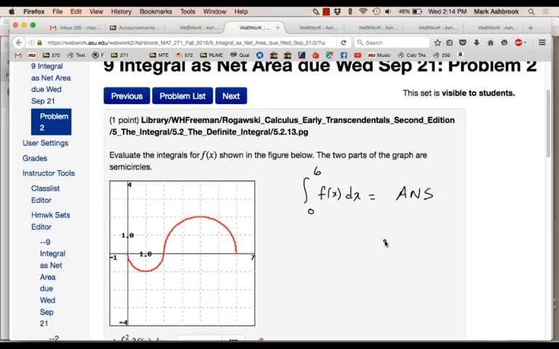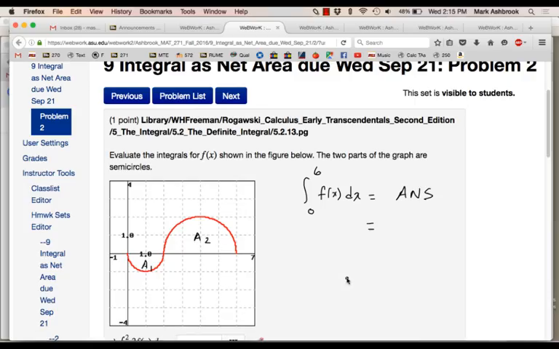Whenever the function goes below the x-axis, that will make a negative contribution to the total value of the integral, or it will add the opposite of the area. Right? So areas are always positive, but whenever the function goes below, it will contribute to the integral as a negative value. So this answer then would be, if I call this, say, A1 and A2,